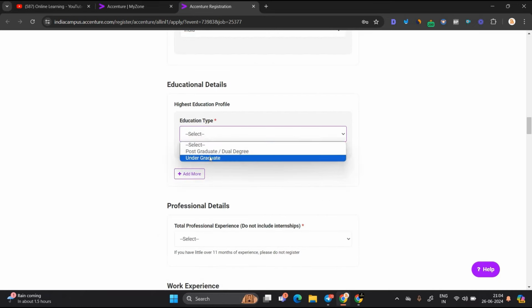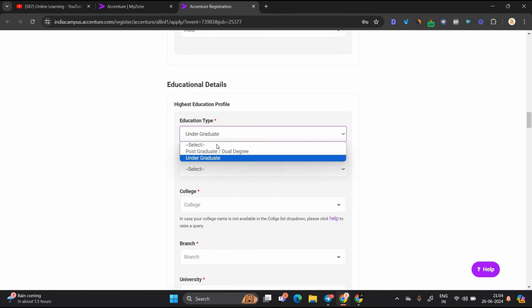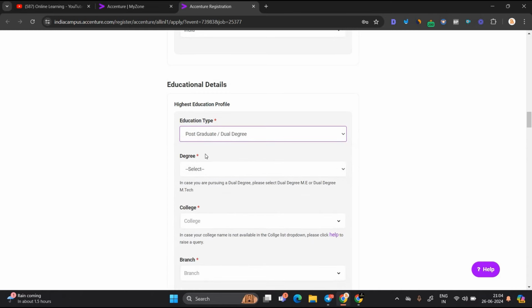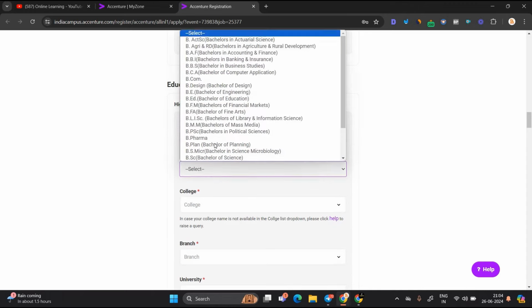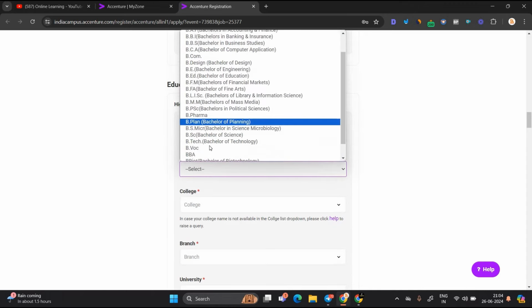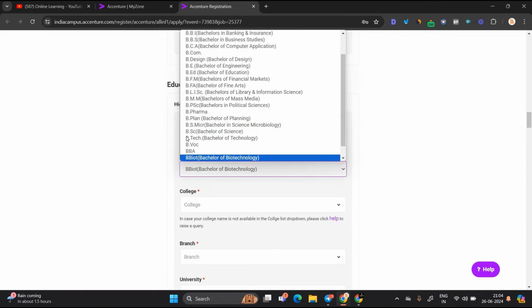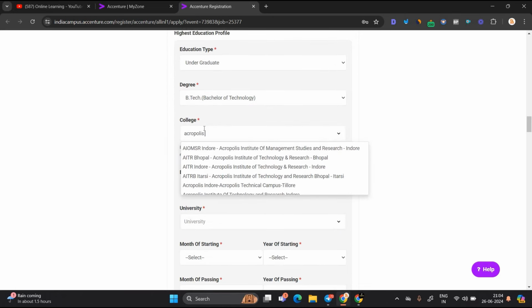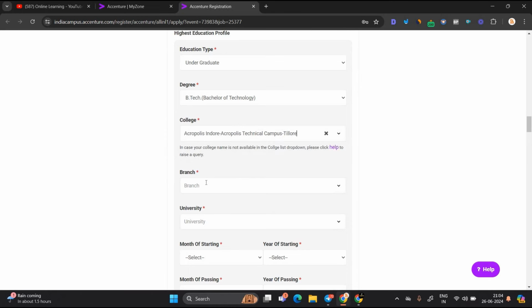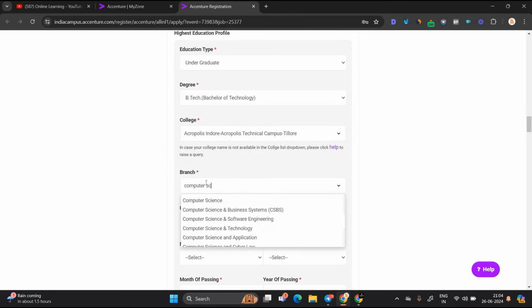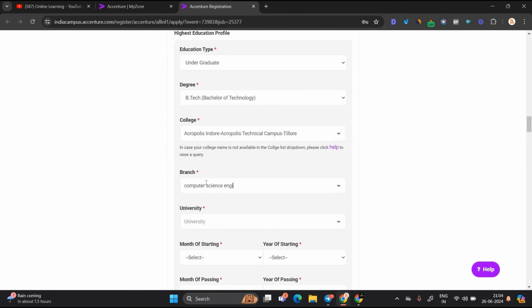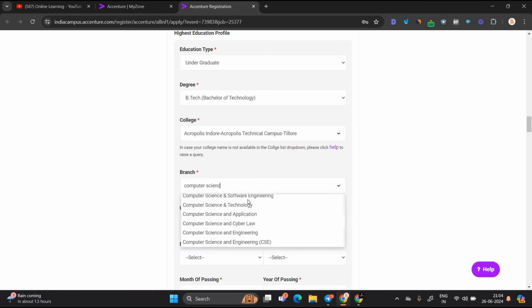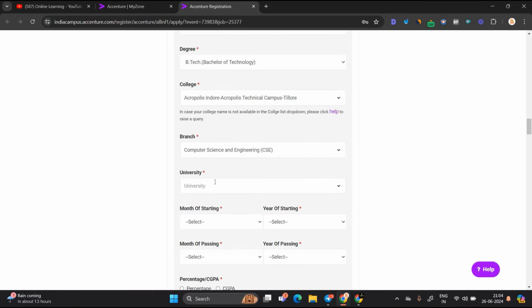On educational details, suppose you are already graduated, so you have to select undergraduate, because postgraduate dual degree is a different program. They will give you an option to select. First of all you have to select your degree, after that your college name, and my branch here: computer science and engineering. The university is Rajiv